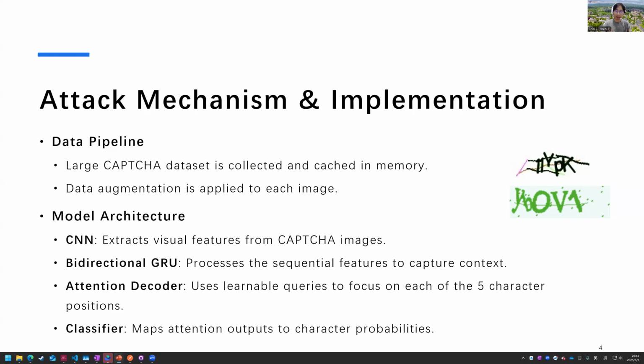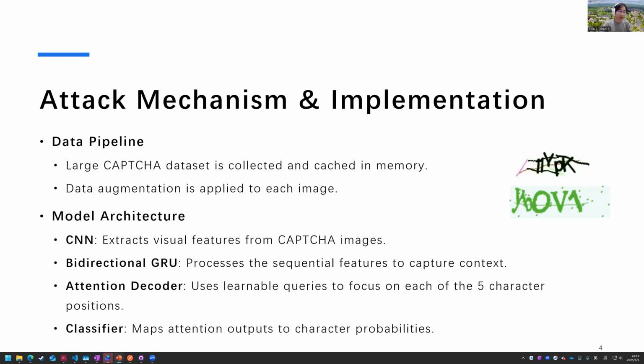There are 110,000 CAPTCHA images, and I load them to the cache, to the memory, to speed up the process, and I also perform some augmentation on the images. This includes color jittering and small rotations, etc. Each image will generate three augmented images in the training dataset. And for the training and testing split in my machine learning training, it is